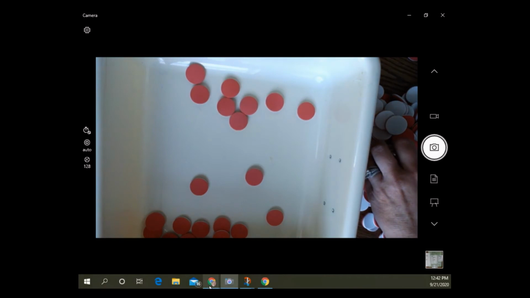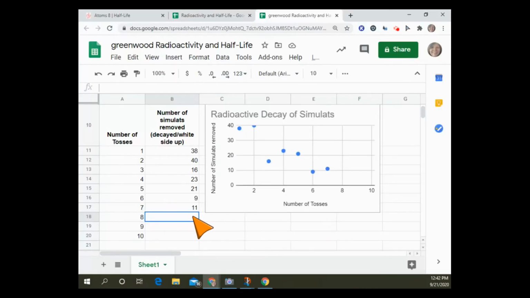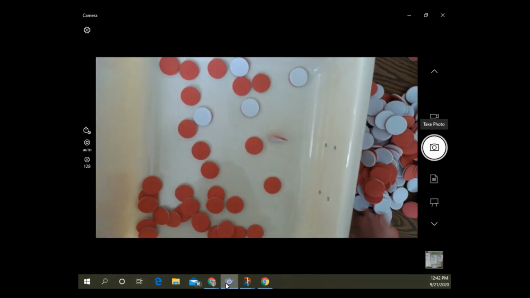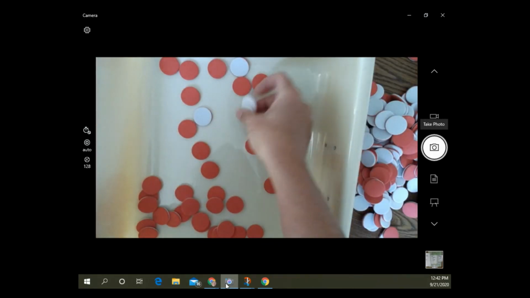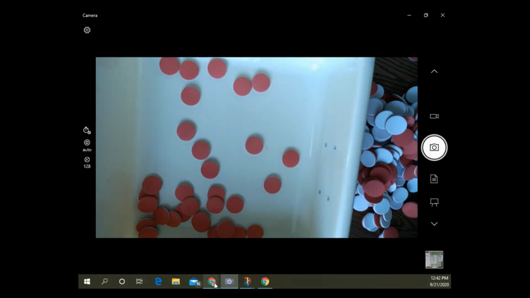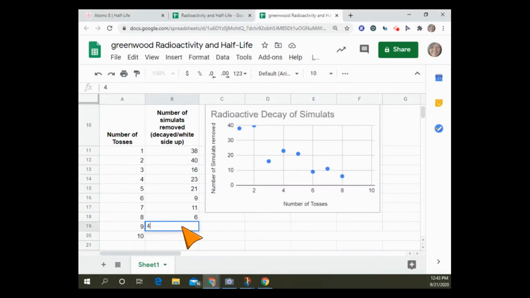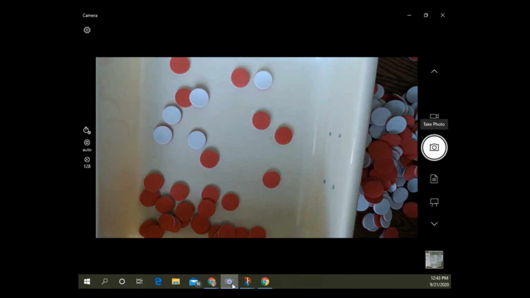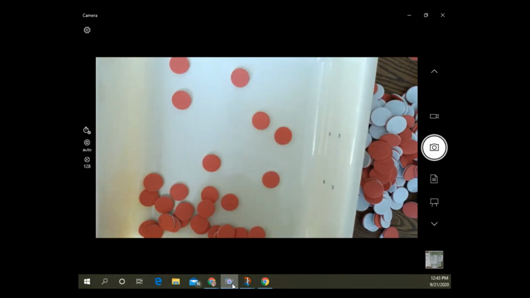That time. Notice it's not the same number every time, because that's how probability works. We're not going to get exactly a certain number, but let's try this one more time. It won't be one more time, but we're going to try again. So that time we got 4. 1, 2, 3, 4. And we'll try again. Last time we got 4 or 5. Yeah. 1, 2, 3, 4, 5.